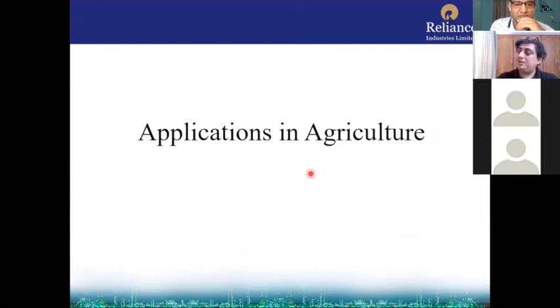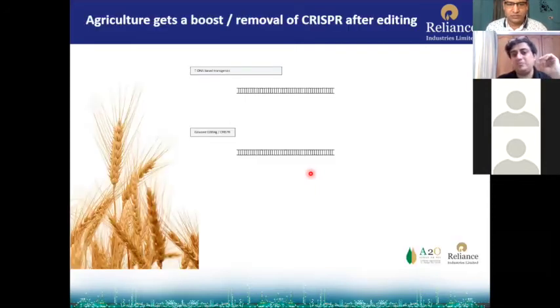So 45 minutes I have taken already. So I may need another 15 to 20 minutes to finish the second part. Might be a little more, but if time is not there, I can squeeze a little bit. So now the thing is, in agriculture, how is this CRISPR system used and what are the greatness of this system, why it is used.